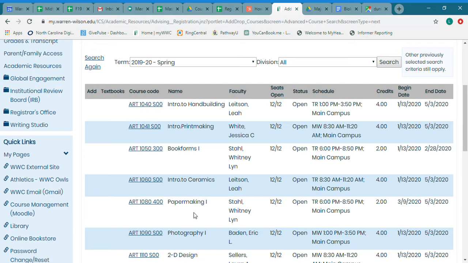Then here you get to see the name of the class, the faculty member instructing it, how many seats are currently open, if the class is open or full or waitlisted, the schedule. This here is an important note that trips people up a lot. TR is Tuesday and Thursday. T is Tuesday, R is Thursday. The length of the class, you can see the number of credit hours here. That's important to note because ideally you're shooting to register for about 16 credit hours per semester. And then here you can see the start and end date, which actually is pretty important because